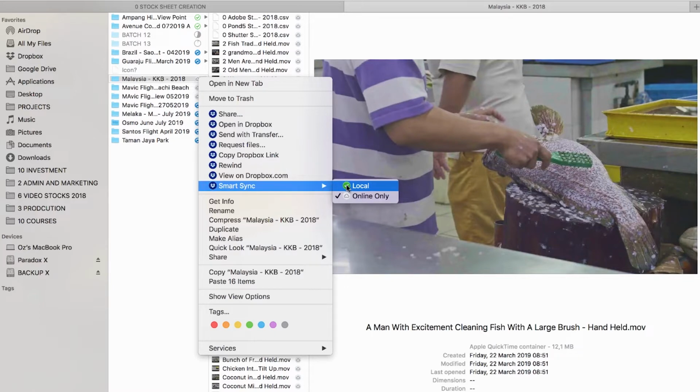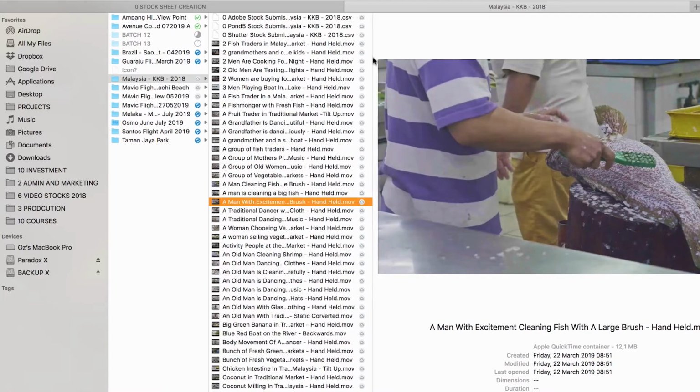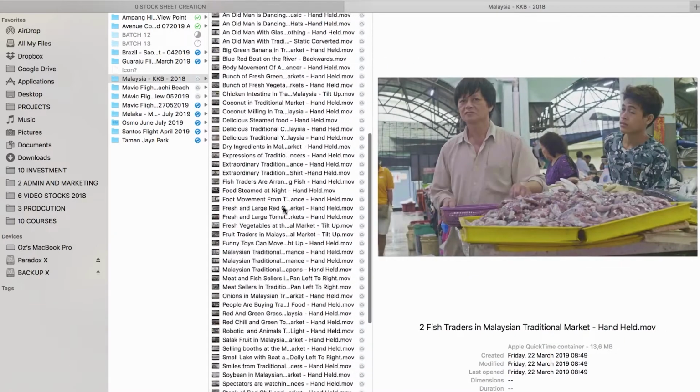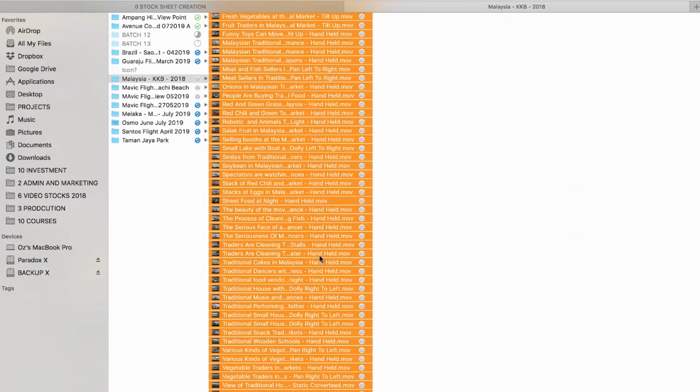So in your case, when I share files with you, especially for naming, you don't have to download all the files. You can keep them at offline only. That way you can still access the file names. And for example, if I select from here till here, the file names, Command C, and then what I do is,